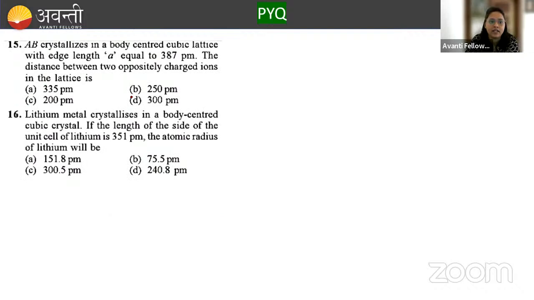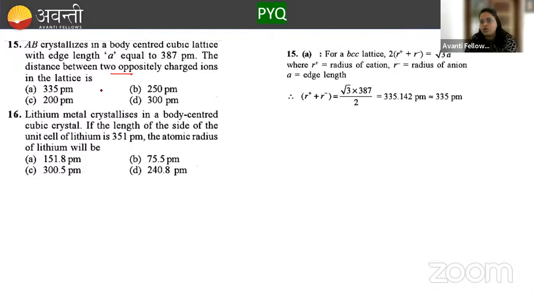Next, AB crystallizes in a body centered cubic lattice with edge length a given. The distance between two oppositely charged ions is asked here. So see here, AB crystallizes in a body centered cubic lattice, so it is given that it forms a BCC lattice. We need to find the distance between two oppositely charged ions, that is, cation and anion. So r+ + r-, 2 times of r+ + r- is going to be equal to